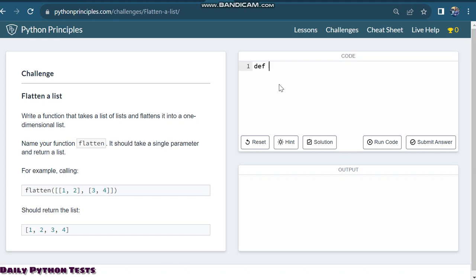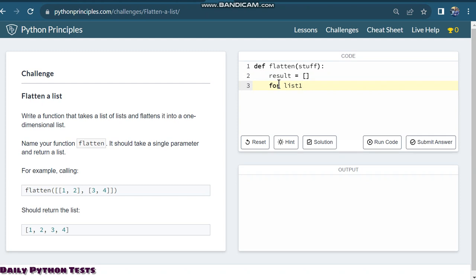First off, we define our function flatten, and then we pass in a parameter. Let's call our parameter stuff today. I hope it's not going to confuse you guys. So we're going the manual route for now. Manual route means we're going to first create a list where we're going to put everything inside. We call this results. Then let's write a simple for loop for